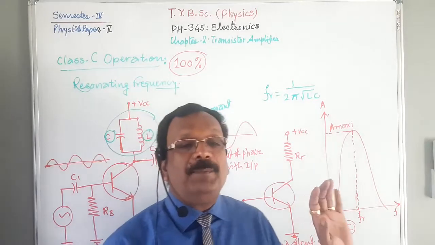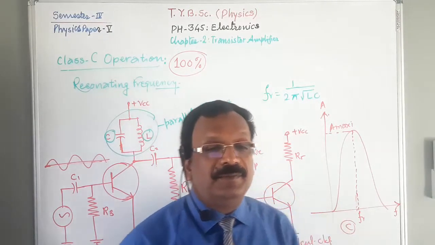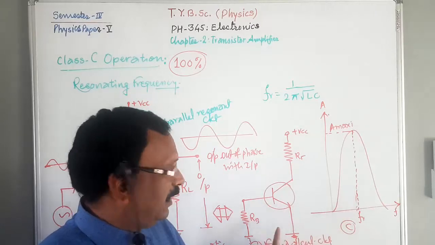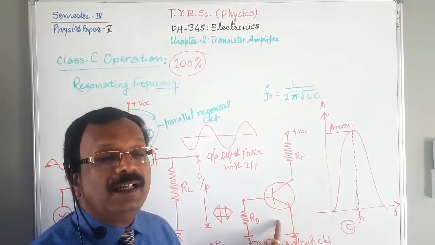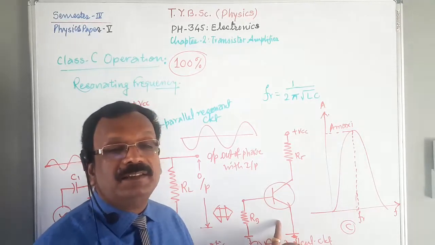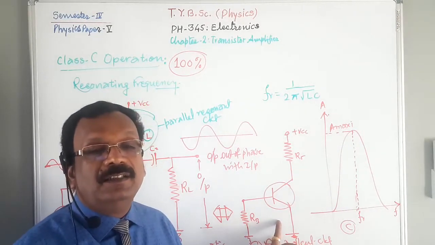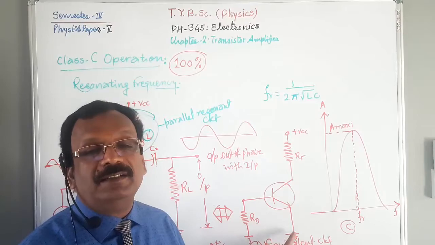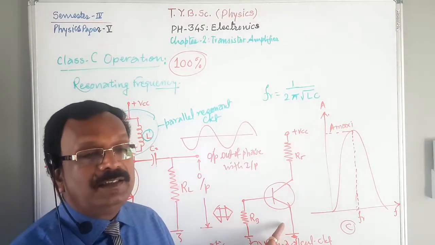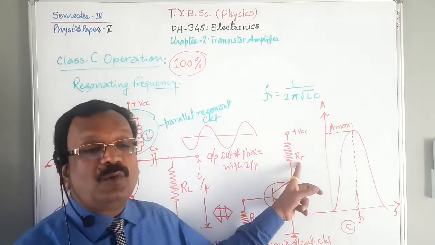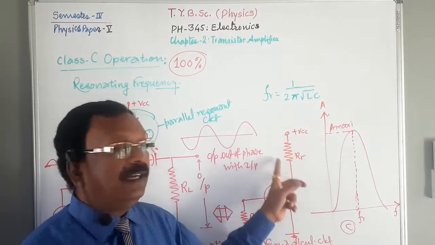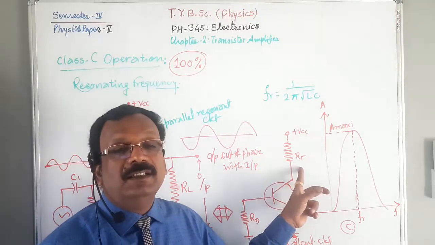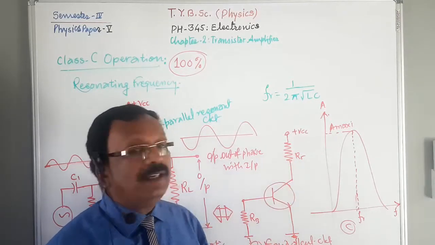The class C amplifier is unbiased, as shown in this figure. This is the equivalent circuit, but here the class C amplifier is unbiased, shown in the DC equivalent circuit like this. The resistance RS is the source resistance in the collector circuit. In the collector section, this is the series resistor for the inductor.